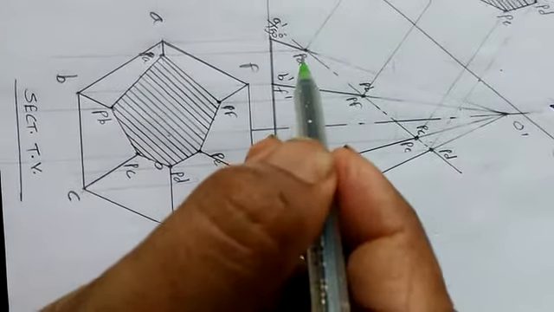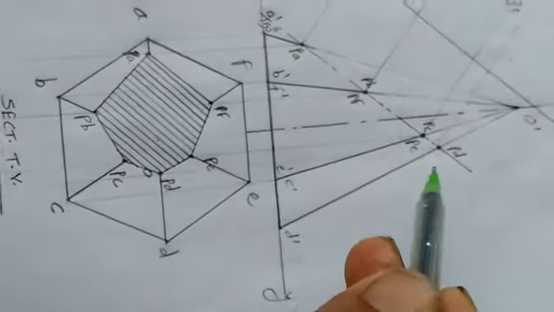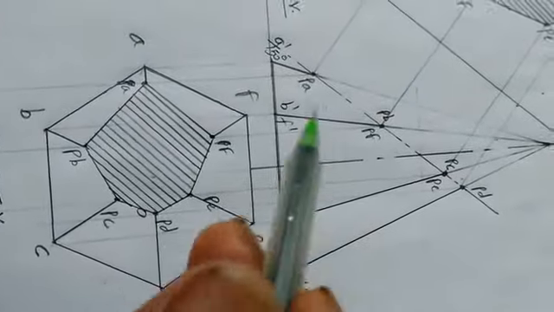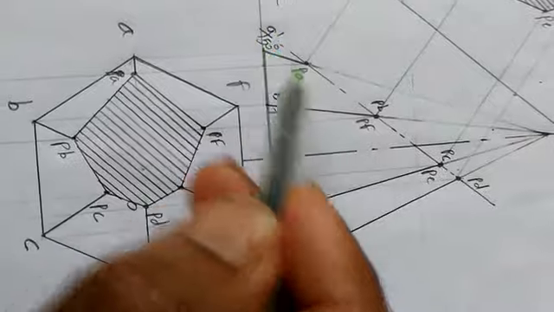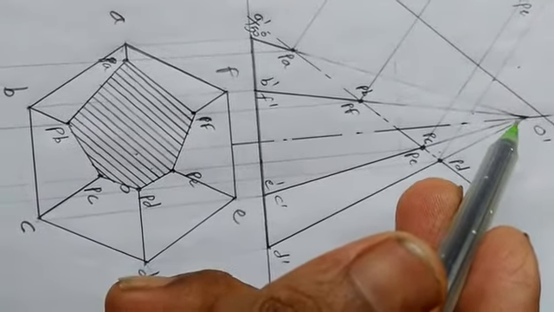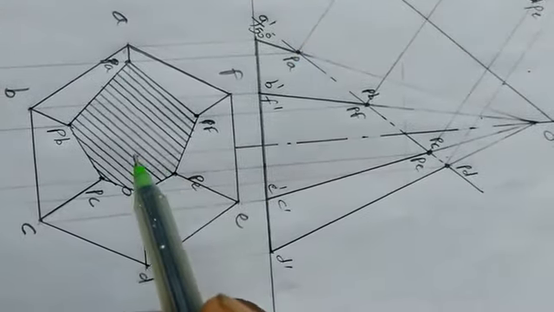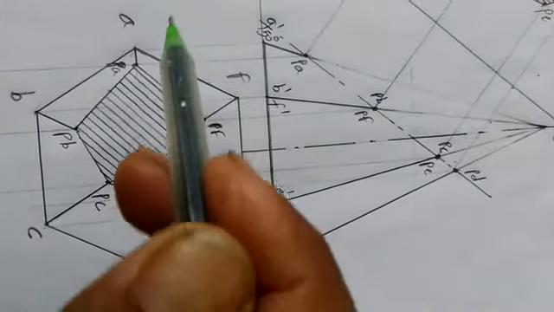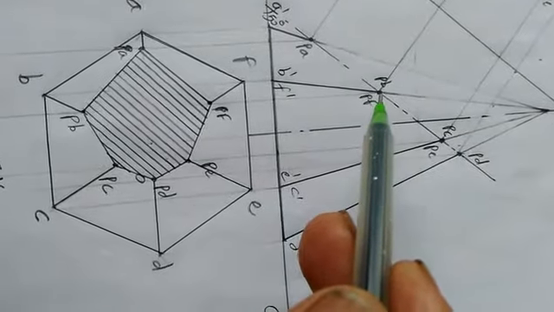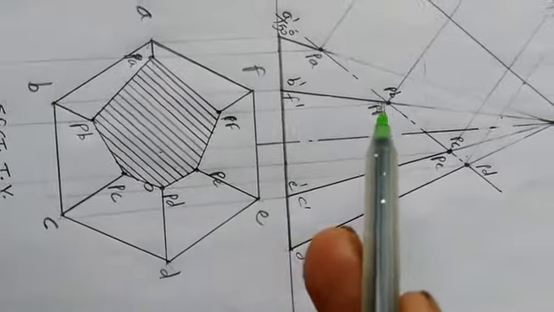Okay, all the points I have projected. Just see how I have created this surface. Just see, PA to PD, all the points you have to project vertically down in this way. Now the point of intersection of this cutting plane with this lateral edge: OA is here, so PA you have to mark here in top view. Similarly, PB and PF, our respective OB and OF we will get.